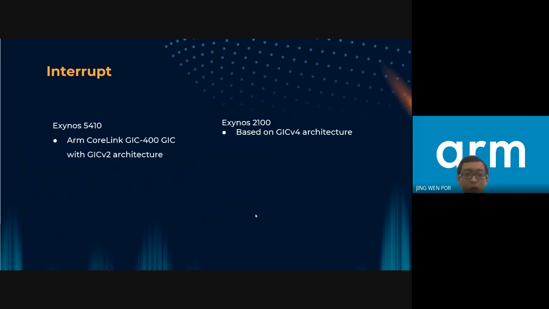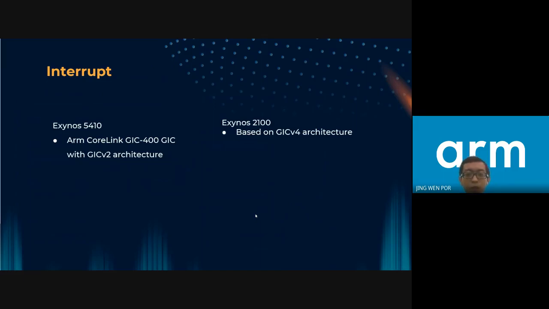While GIC 4 is implemented in the Exynos 2100, which is based on GIC v4, the architecture is built on top of GIC v3, the previous version, that offers support for much higher interrupt counts and a larger number of processors. Besides that, GIC v3 also supports more than 8 processing elements, which is greater than GIC v2. On the GIC v4 architecture, the only further change is the direct injection of virtual interrupts of the ARM Cortex-A3X MP core.